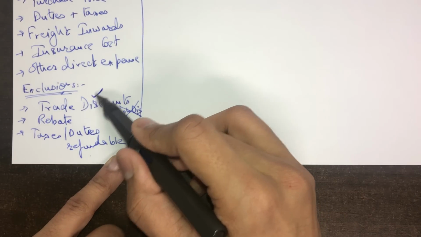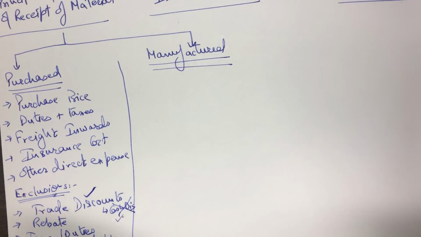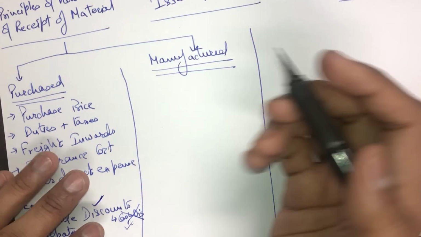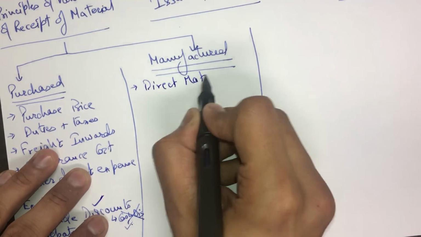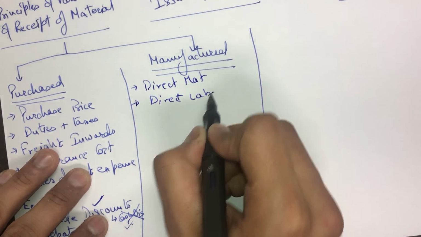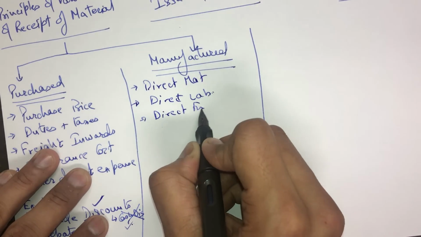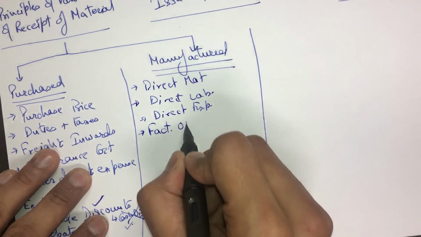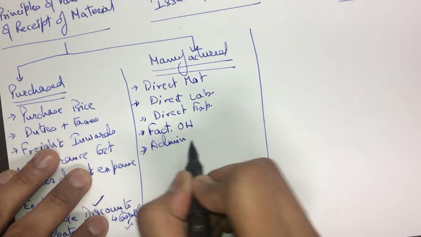Trade discounts are to be deducted, but cash discounts are not to be deducted while computing the material cost. Now coming on to the manufactured goods, if you have manufactured the goods within your factory and you have incurred cost on that manufacture of goods, you must have incurred three types of costs: direct material, direct labor, and direct expenses. Over and above this, you must have incurred certain overheads as well, factory overheads, plus very important